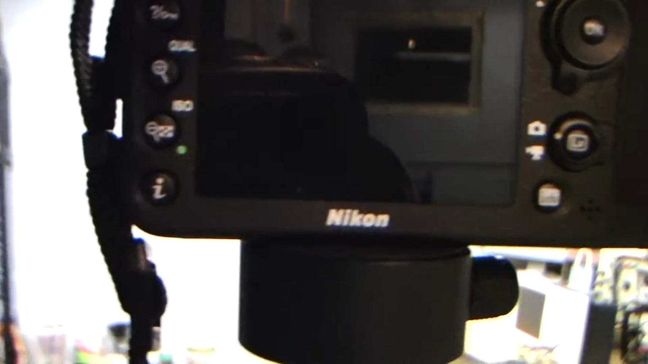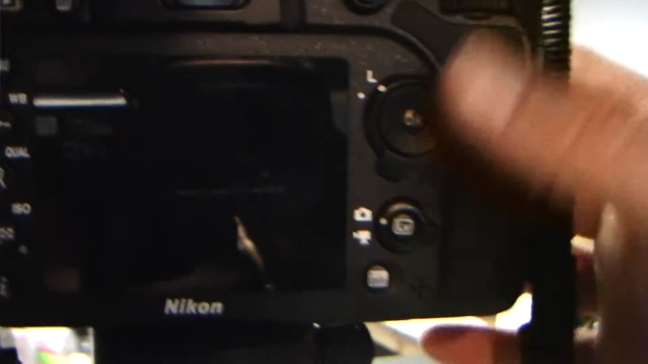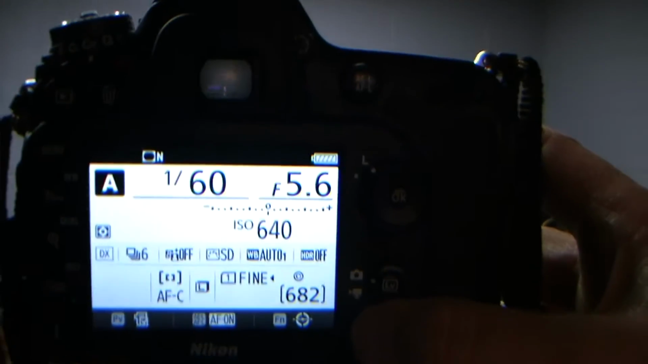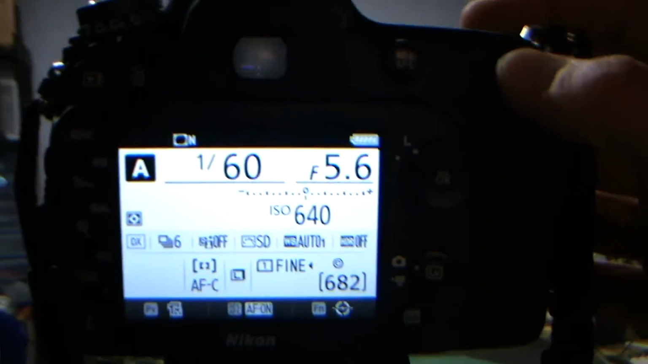ISO is currently at 640. I think I have that on manual ISO. I'm going to switch that around in the middle, but in a minute. But anyway, okay, so let's go back. So that's the way it should work, right? Now, let's say I'm still on